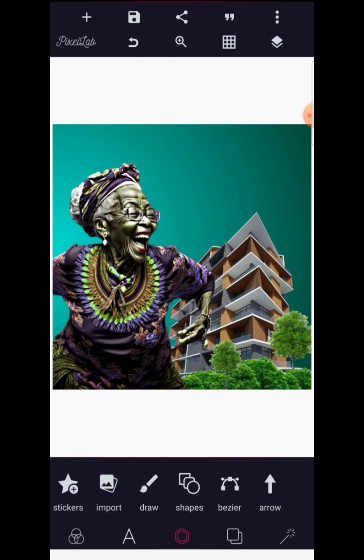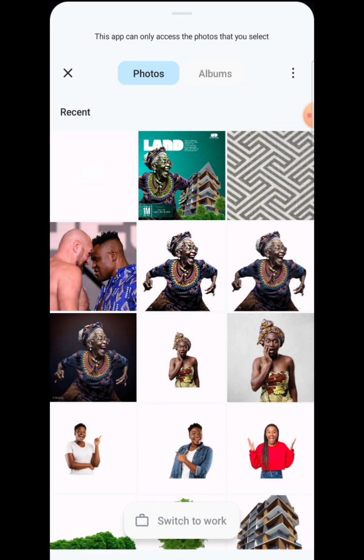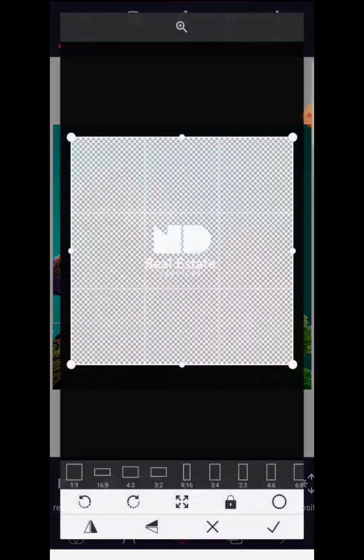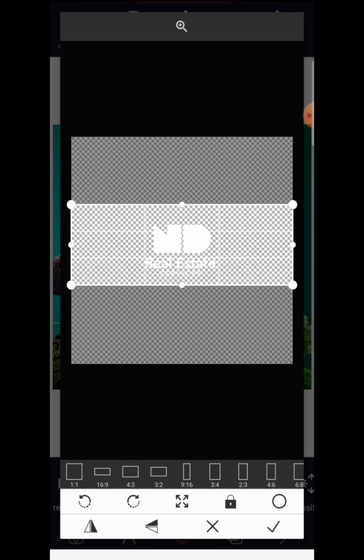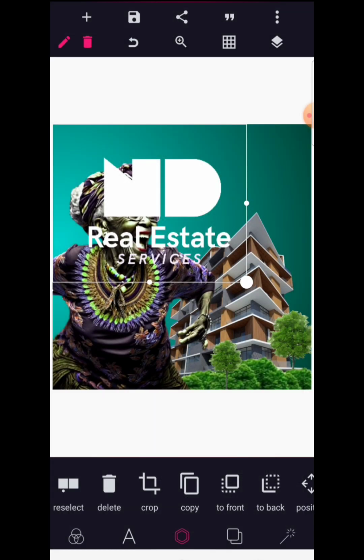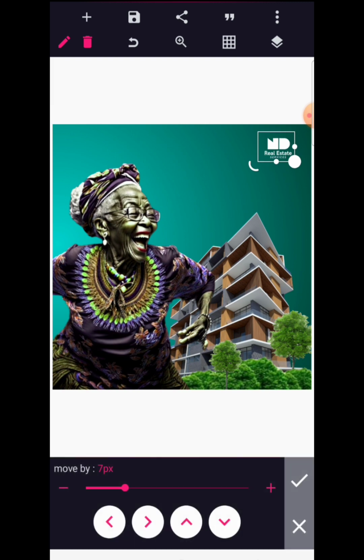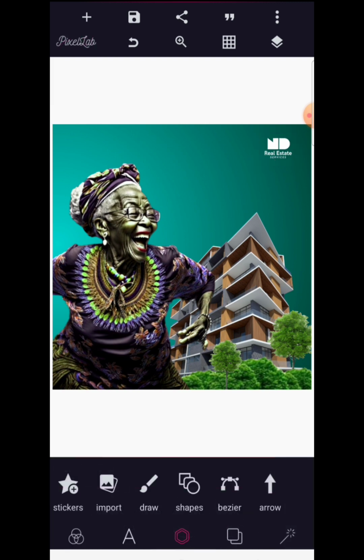So we're doing this flyer for ND Real Estate Services, and because of that I designed the logo as well on my Pixellab application, and that is why I'm going to bring in the logo. So this is the logo I also worked out on my Pixellab application. So this is the logo for ND Real Estate Services. What I'm going to do is just to position it here so nicely,